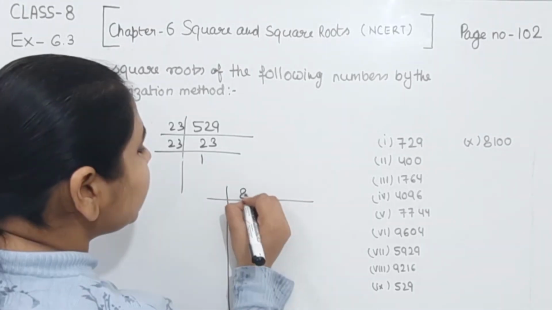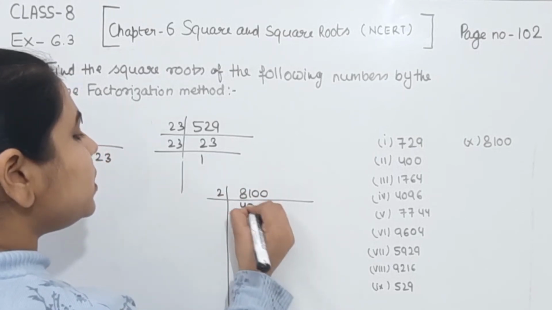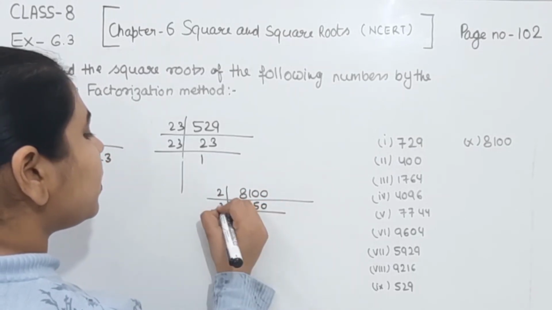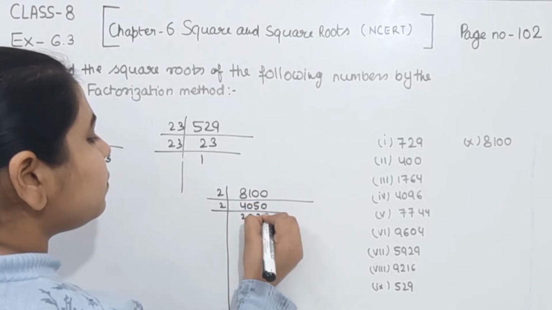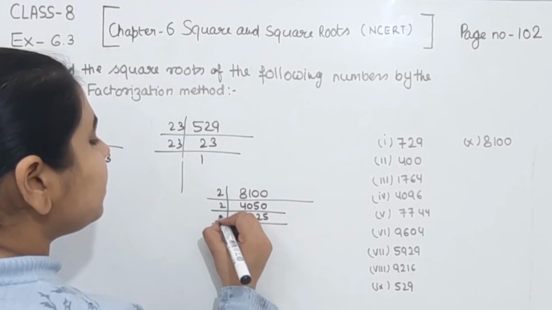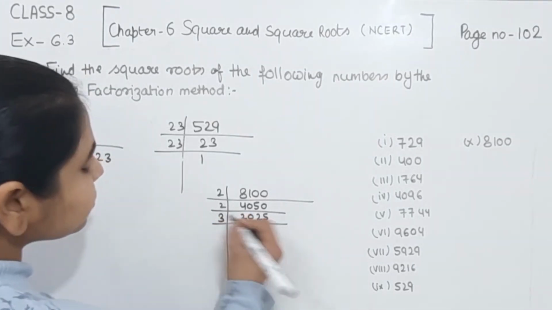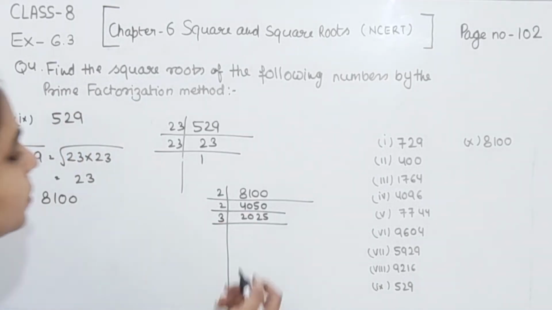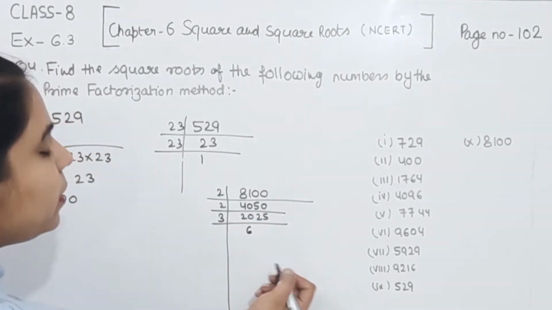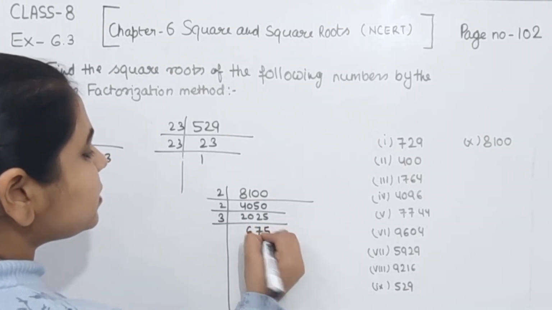First of all, we are going to find the factors of this one. Start with the 2. 2 4s are 8, 0, 2 5s are 10 and 0. Now again 2 2s are 4, 0, 2 2s are 4, 2 5s are 10. Now we are going to divide this one by the 5, or I can do this one with the 3 also. So first of all I am going to do this one with the 3. 3 6s are 18, remainder 2, 3 7s are 21, remainder 1, 3 5s are 15.